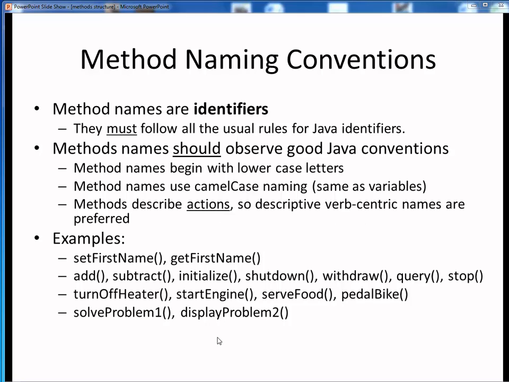Here are a bunch of examples of good method names. Notice that each of these method names begins with some kind of verb, even set first name and get first name. Also, do you notice that each of these method names contains a trailing set of parentheses? This is a frequent convention you'll see and that we'll use in this class to indicate that something is a